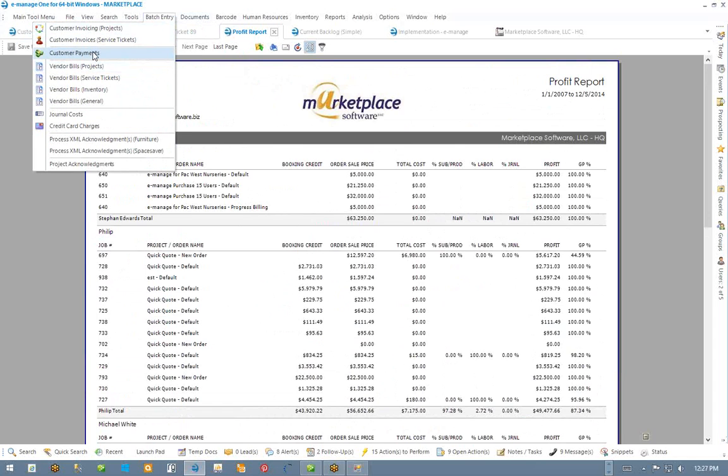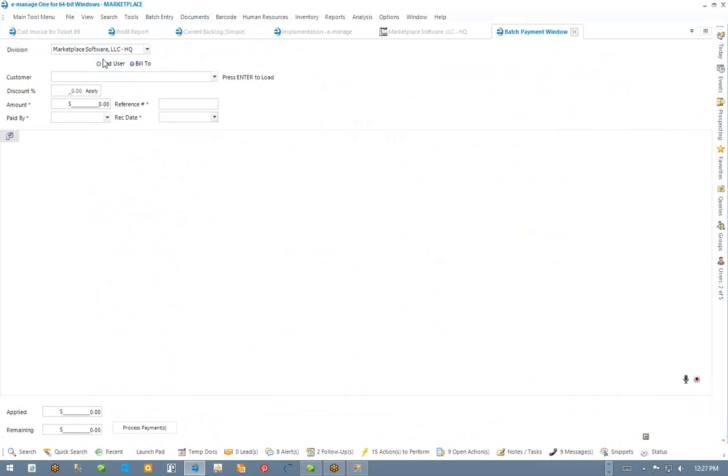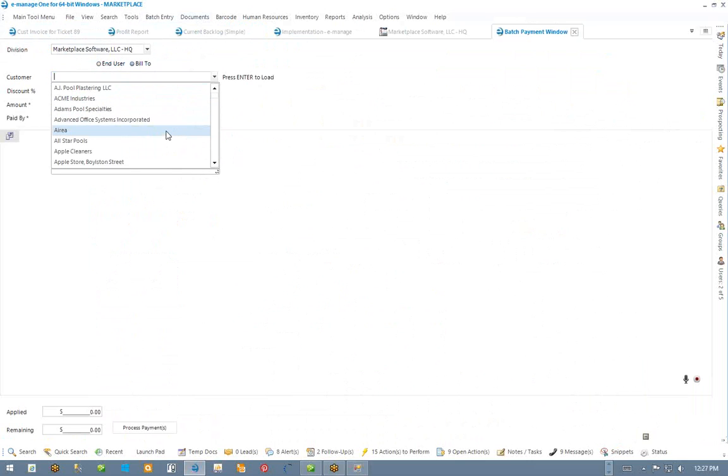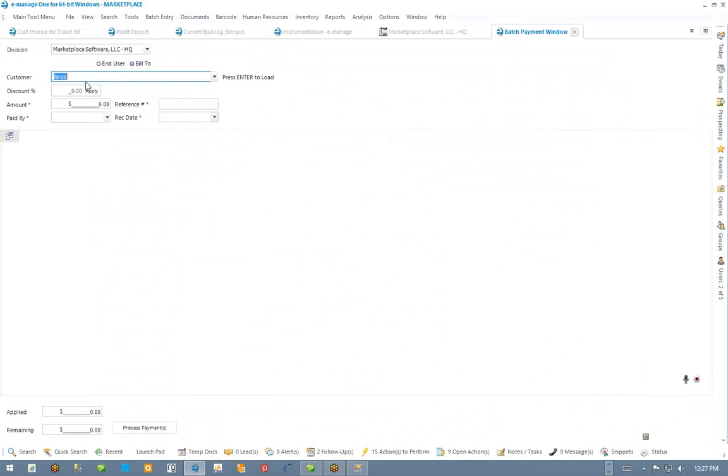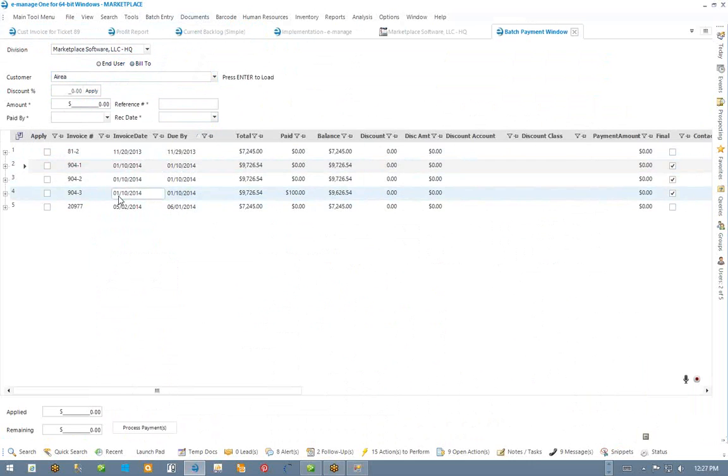Anything? Anybody? Just in case you guys don't know, I don't know if we ever did go through this, customer payments. Customer payments is a place where you can apply discounts, like early pay discounts. So you go to your customer, press enter to load. It'll pull up all the invoices you have for that customer. Okay, and you can apply discounts. You can check these off, and you see that my amounts are going here. Then you can do your amount here,